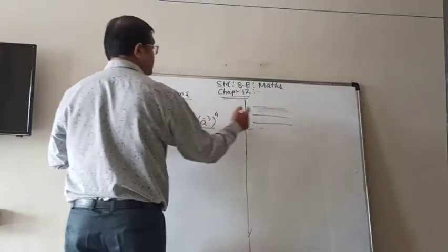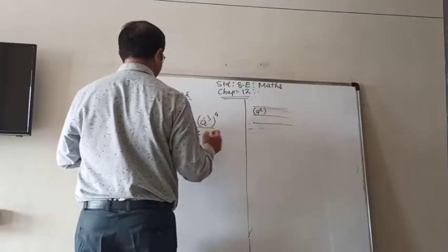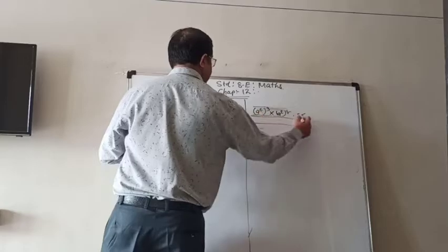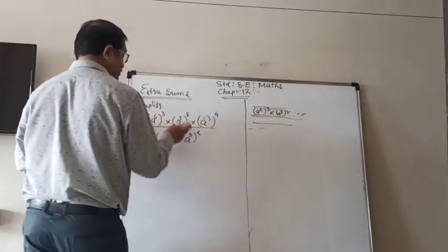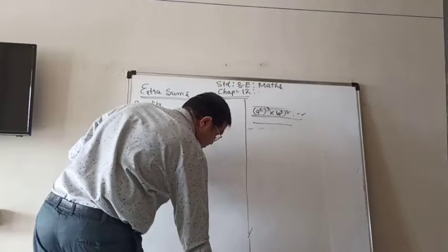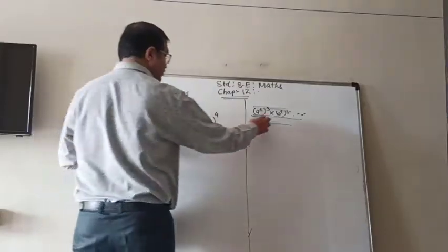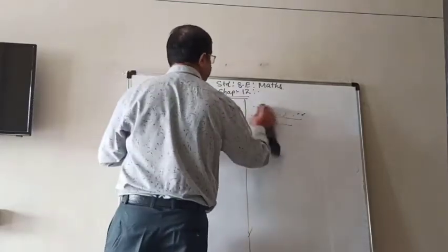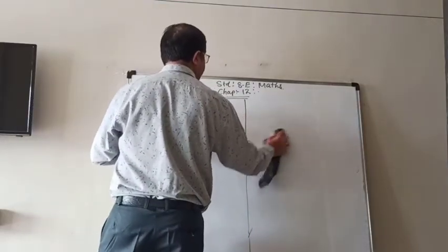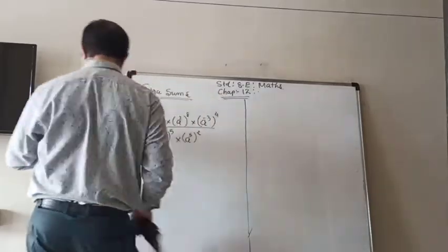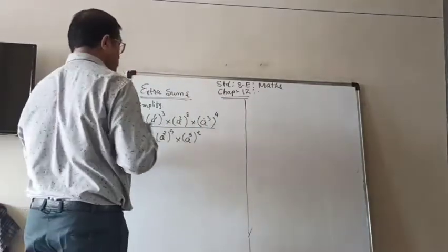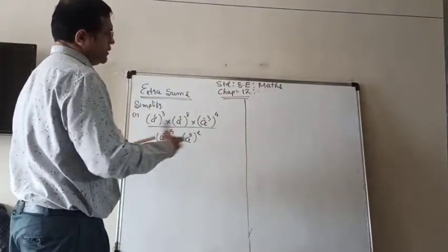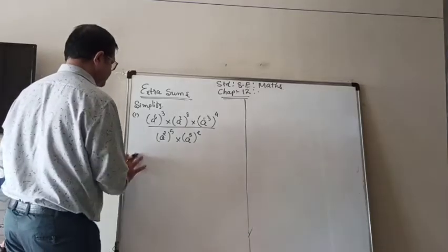So rather do it like this: a raised to 6 power 3 multiplied by a square power 8 blah blah blah, divided by, and then the second one you can write in the next line, and after everything leave one line so that it doesn't look congested, otherwise you will get confused yourself while performing these sums. So write freely. It doesn't matter if there are more pages.